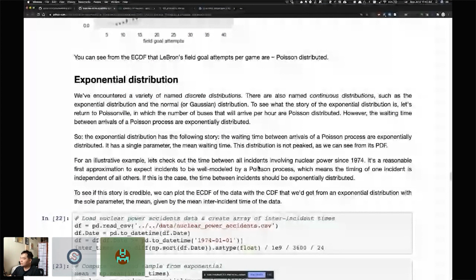This one relates to the waiting time between Poisson process events. Okay, does that make sense? All right, so